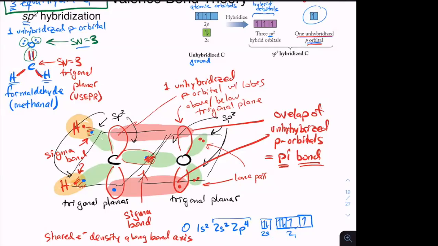But with this theory, you can now look at what's really in the heart of this double bond. There's 2 different kinds of shared electron density in a double bond. One of the shared electron densities is a sigma bond, and it's along the bond axis. The second shared overlap of electron density is in a pi bond that you find above and below the bond axis, and it then restricts rotation around the bond axis. Okay? And that's how it's modeled in here. So this also restricts